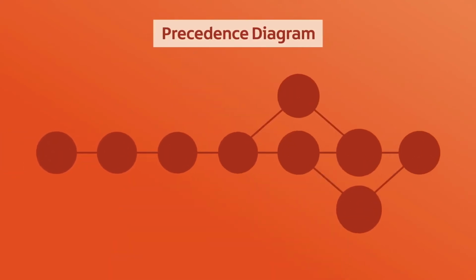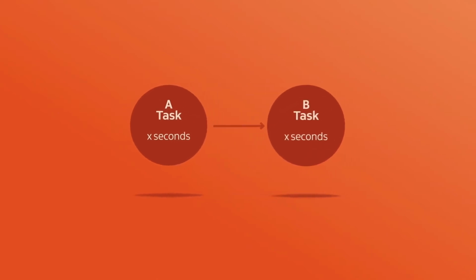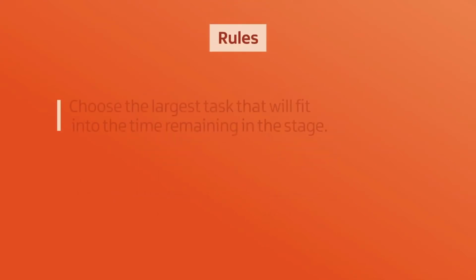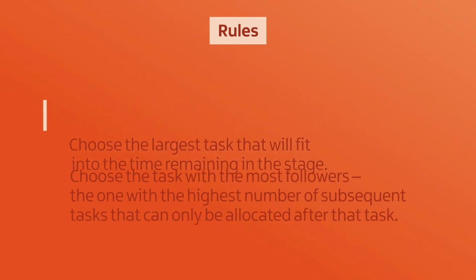A common one is a precedence diagram. In a precedence diagram, each task is represented by a circle, and each circle notes the name of the task and the length of time it takes. The circles are connected by arrows that show the ordering of each element. 2 rules apply when organising the diagram. Draw each circle as far to the left as possible. None of the arrows should be vertical.